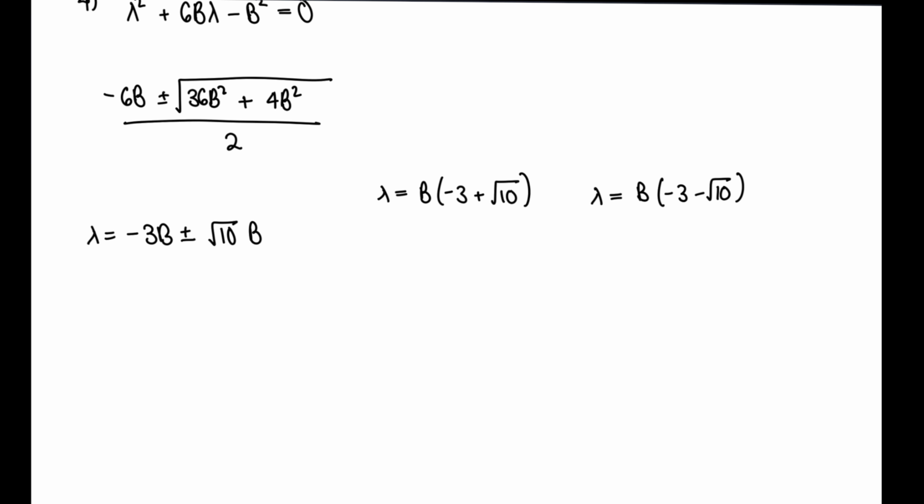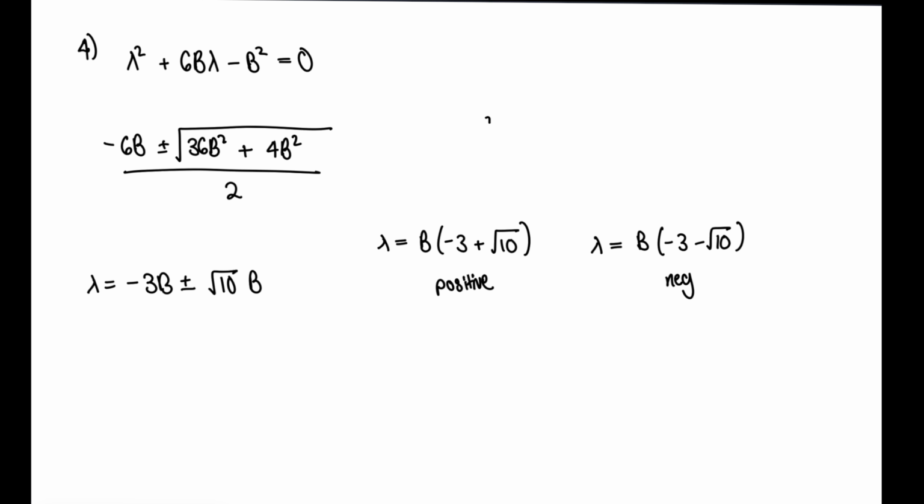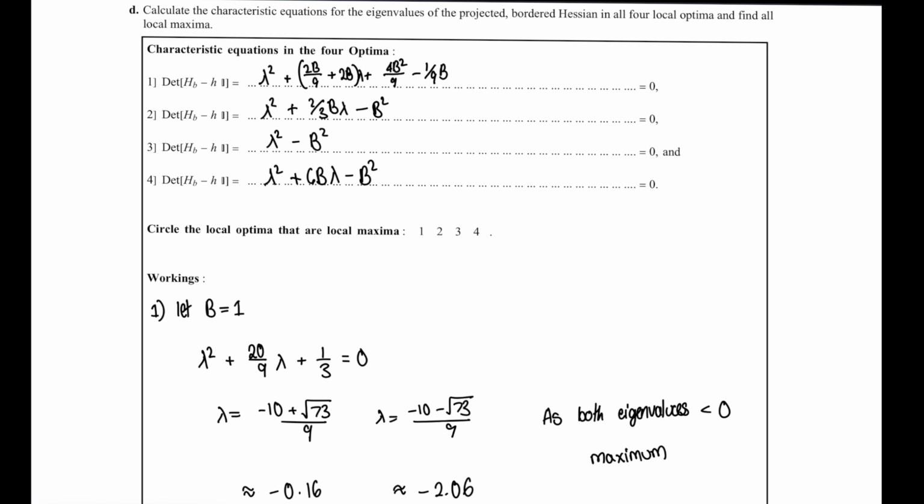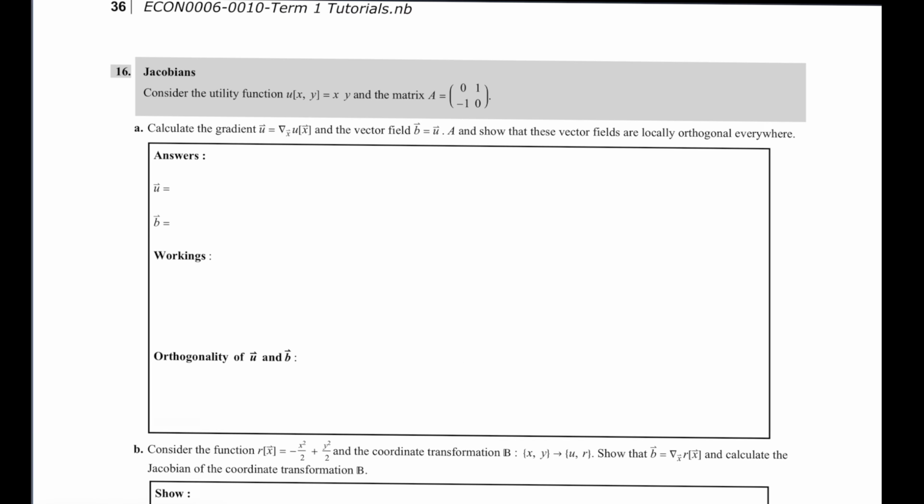So we get minus 3b plus or minus root 10b. That gives us minus 3 plus root 10 as one value, and then lambda is equal to b times (minus 3 minus root 10). So this will be negative, and this is positive. So we get another saddle point. So going up, there's only one equilibrium maximum, which is this one. Cool. Moving on